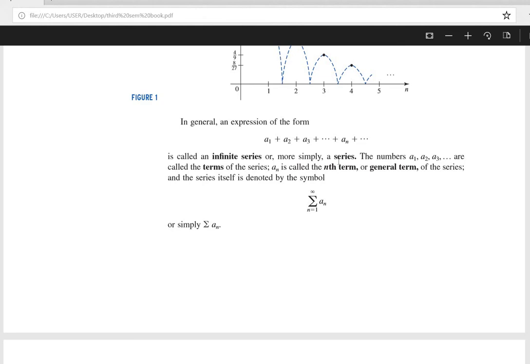This contains an infinite number of terms, so this is an infinite series. The numbers a1, a2, a3, etc. are called the terms of the series, and an is called the nth term or general term. And the series itself is denoted by sigma n equal to 1 to infinity an, or simply sigma an. Series means infinite series; it contains an infinite number of terms. Okay,